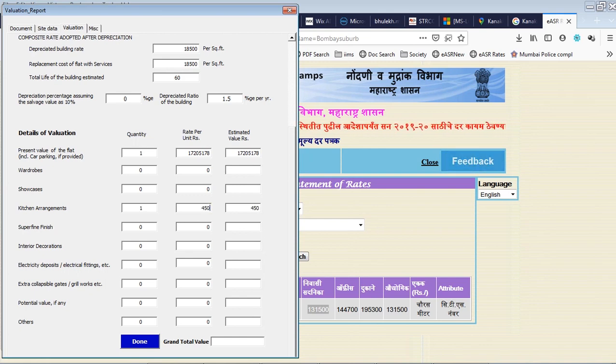So we have the valuation of the flat ready with us. We have to just add extra facilities, amenities, etc. here and here.